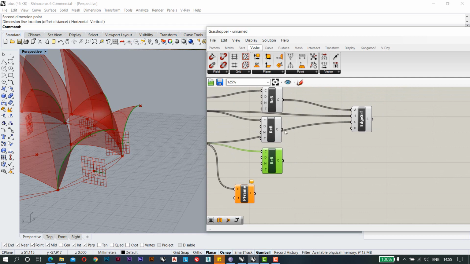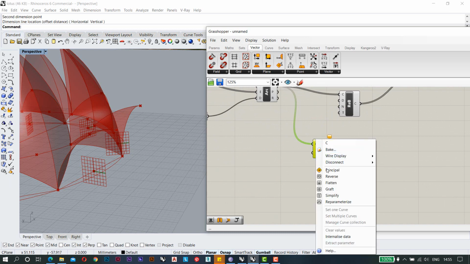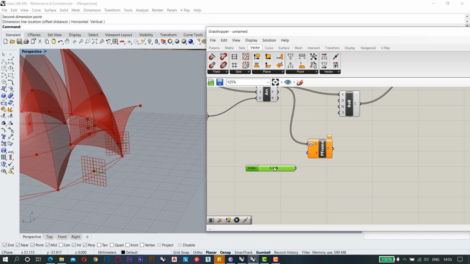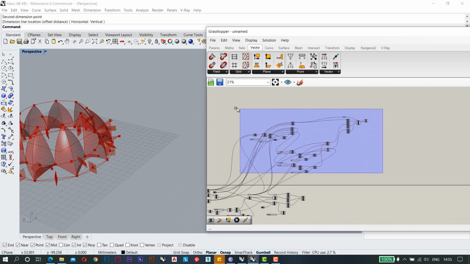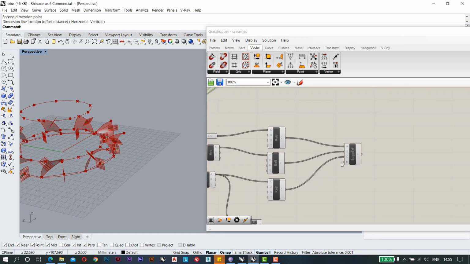So I'm just going to put these values here, and now we have this frame. So again I will use reparameterize, so use 0.5 so that we can get the middle of it, and these are the frames. I'm just making the preview for these ones so that it will be clear to you what we are going to make.